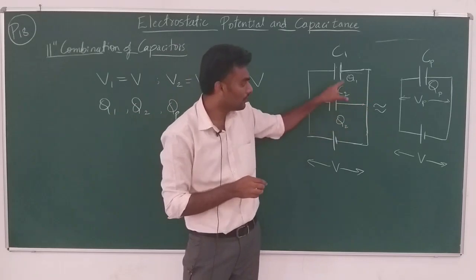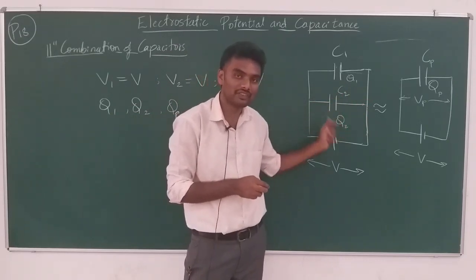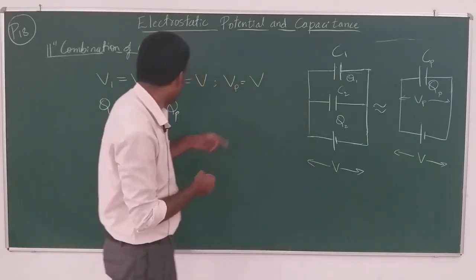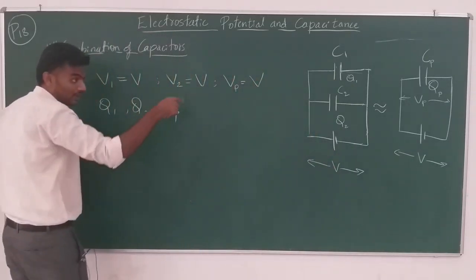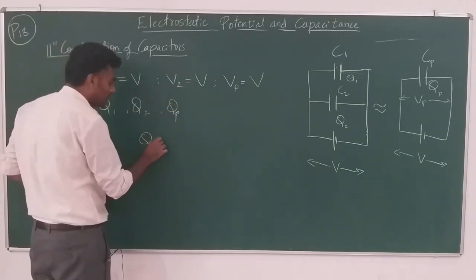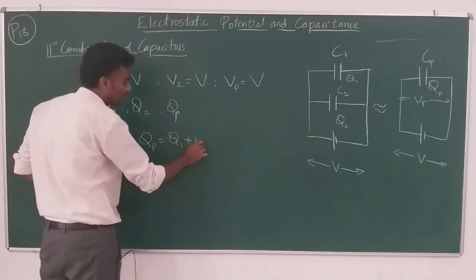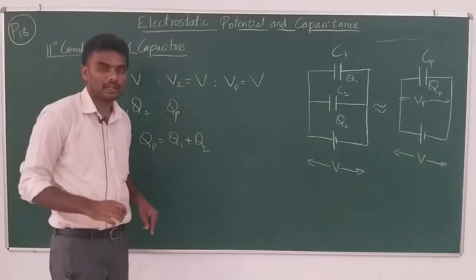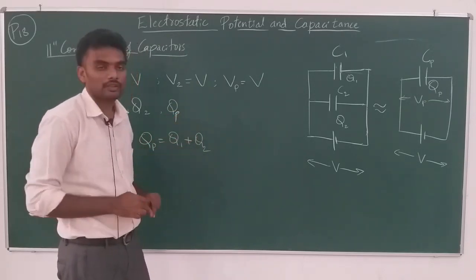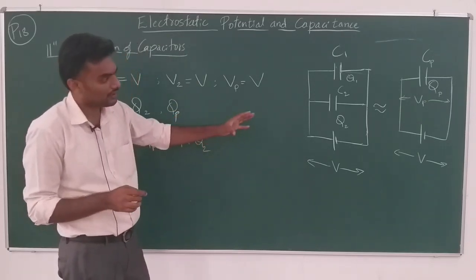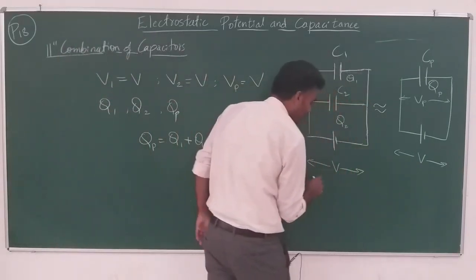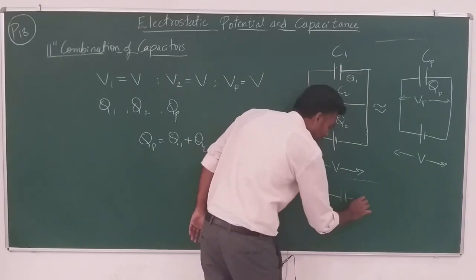So the quantity which is conserved here is the amount of charge, okay. So I can say the net charge pulled, QP, in the effective one is equal to Q1 plus Q2, right. The net charge QP is equal to Q1 plus Q2. Following? Because it's about the ability of the battery. Now you think of the series connection. Let me give you the conceptual clarity. When you have series connection,